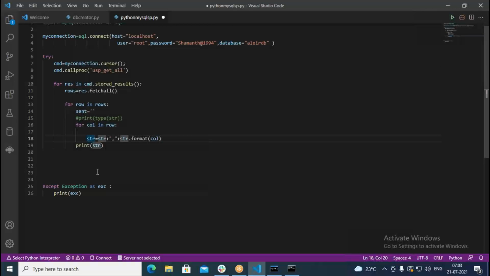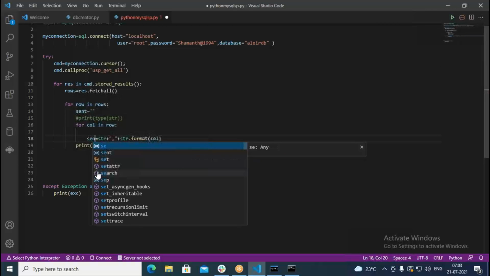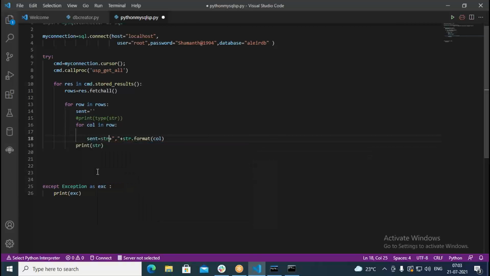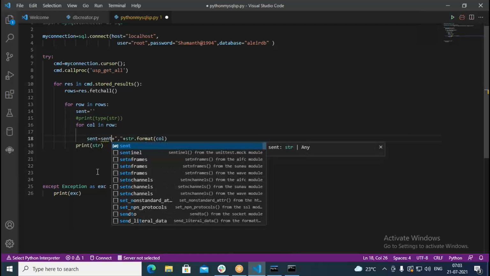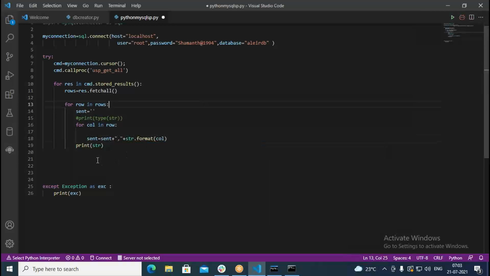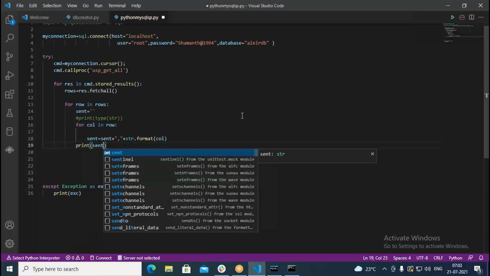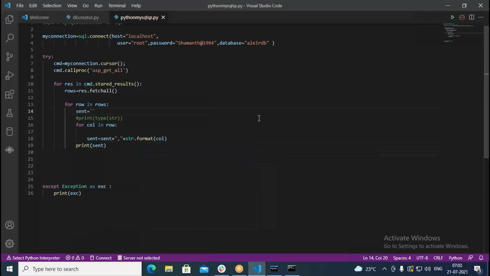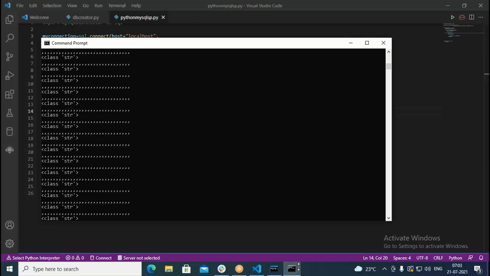Then we go with sent dot format, all we have taken. Then here we print SCM. So in such cases, what happens? Let us see.